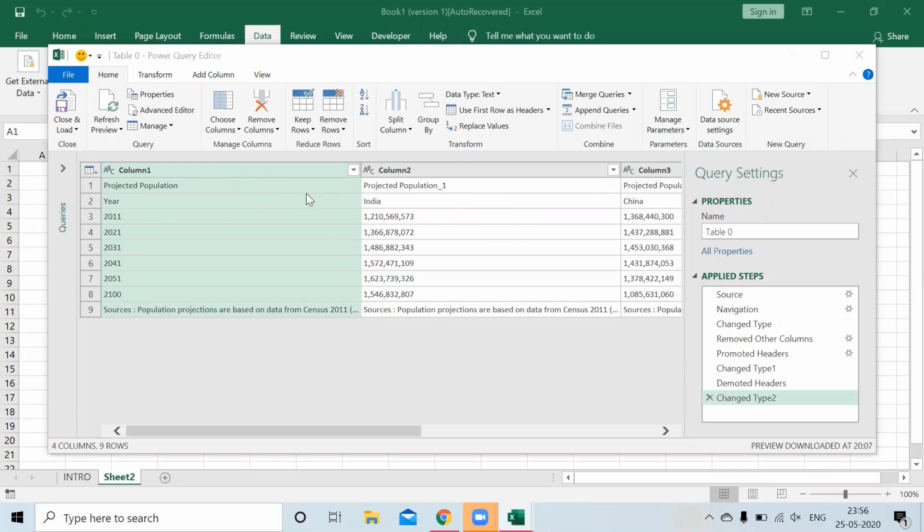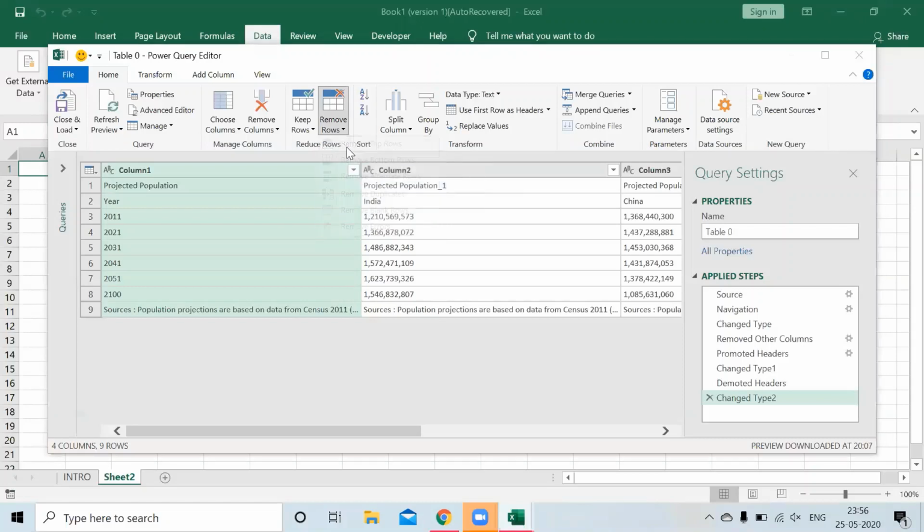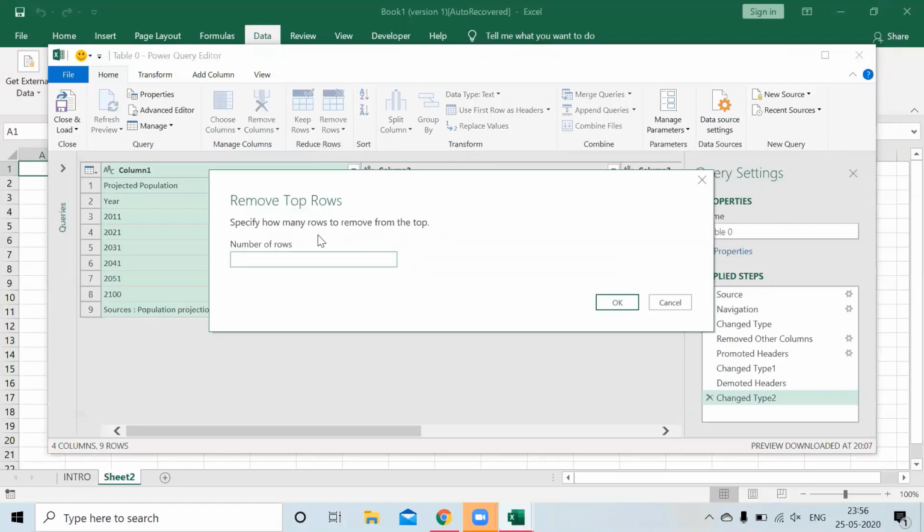So to ensure that year, India, China become my column headers, I will first remove this projected population row because it is unnecessary. To remove this, I'll use the remove rows option, remove top rows, and I'll select the rows. As in, I'll add the number of rows which are to be removed sequentially from the top.